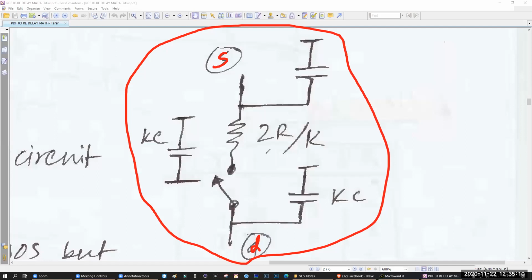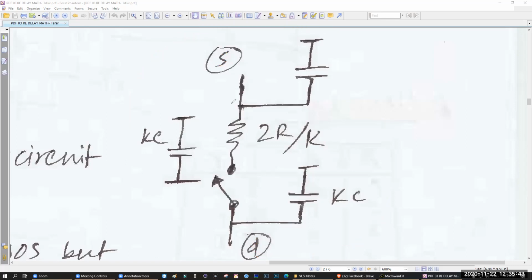Because I told you before, in PMOS the holes are slower. That's why it needs more time to reach. That's why the size should be double. So that's why the resistivity is double, because the primary medium is not electron, it is hole. Got my point? That's why it is 2R by K. So KC, KC, KC, 2R by K. Since we have done this, now we can go to the whiteboard to explain.